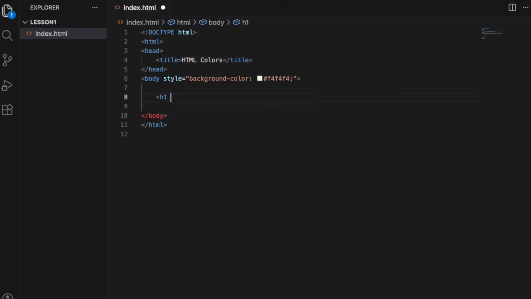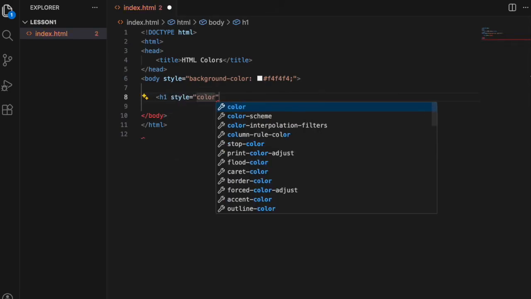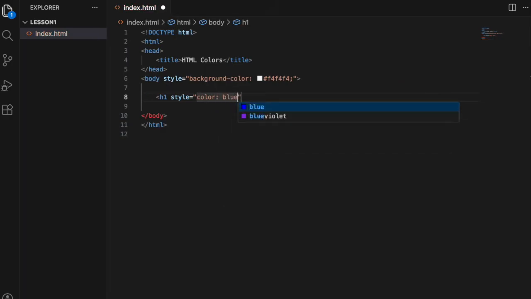The Level 1 header, H1, displays the text "HTML color demo" in blue, with the color defined using a color name. The heading stands out clearly at the top of the page, visually indicating the title of the HTML color